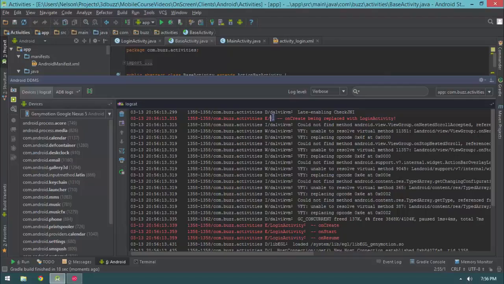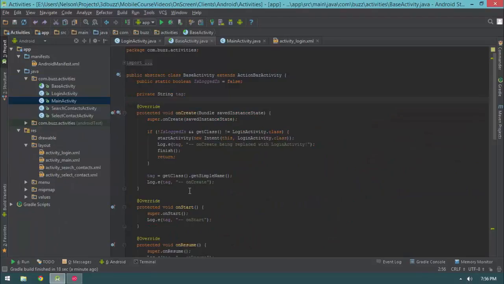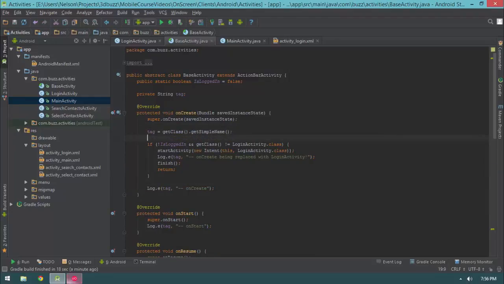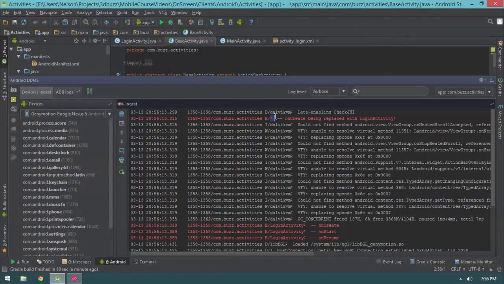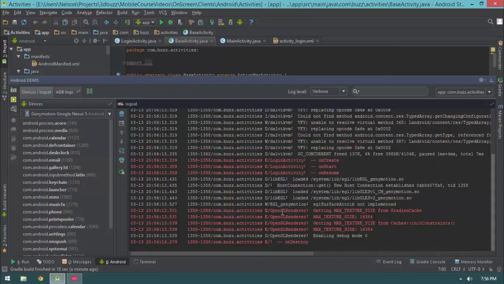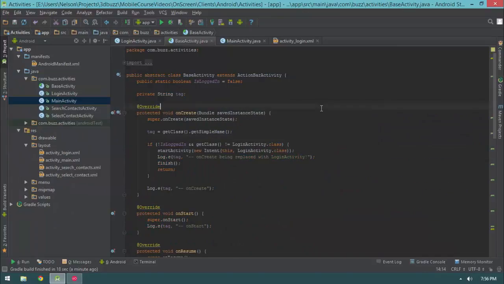You'll notice a slight bug. Our tag hasn't been identified yet. Let's go ahead and fix that first. You see how I say tag equals getClass().getSimpleName(), but I did that after I checked for isLoggedIn. I'm going to reorder that so that when our log messages appear, it's not a blank tag. Anyway, now that we see the whole thing worked,